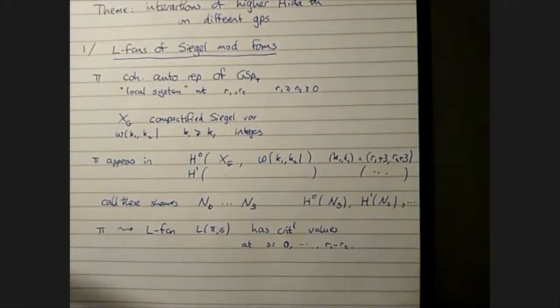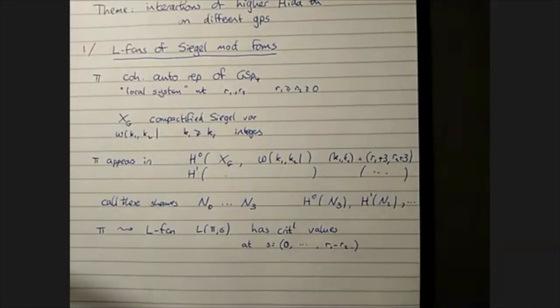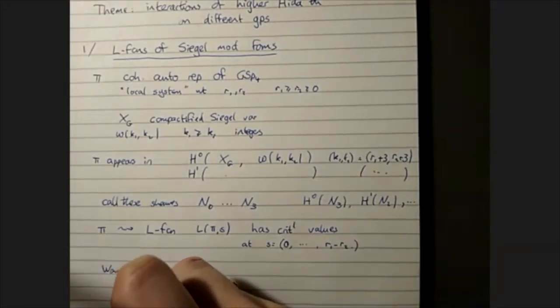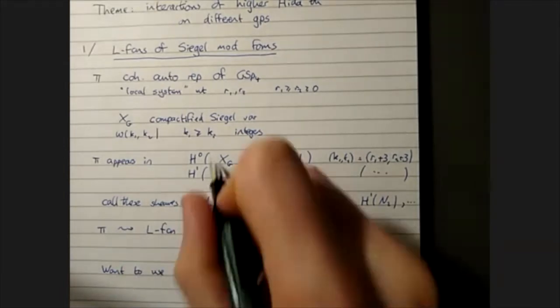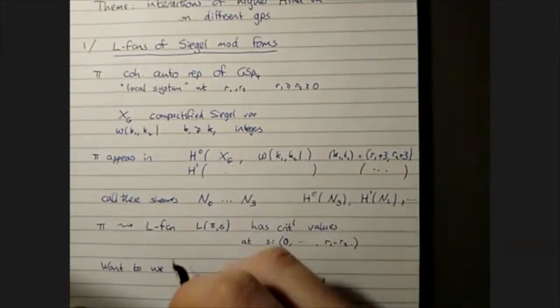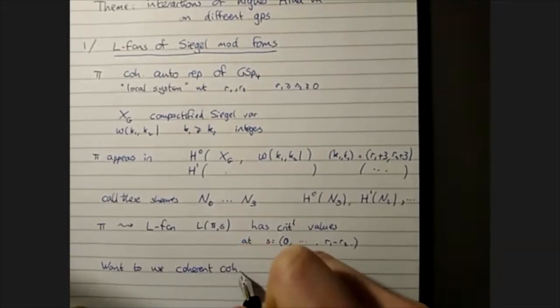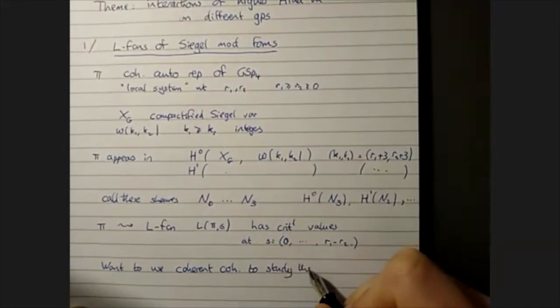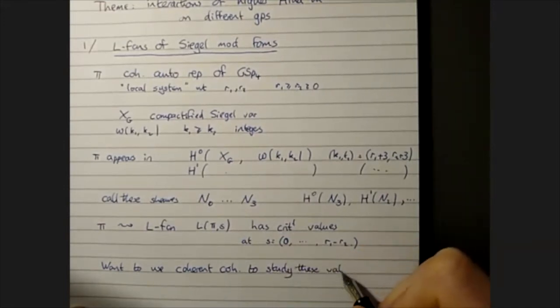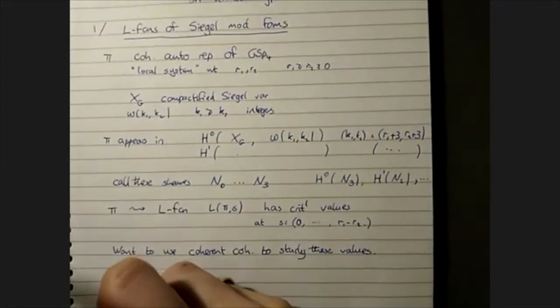This isn't the usual analytic normalization, but it's the simplest one here. And we want to use these coherent cohomology groups and the goal is to build